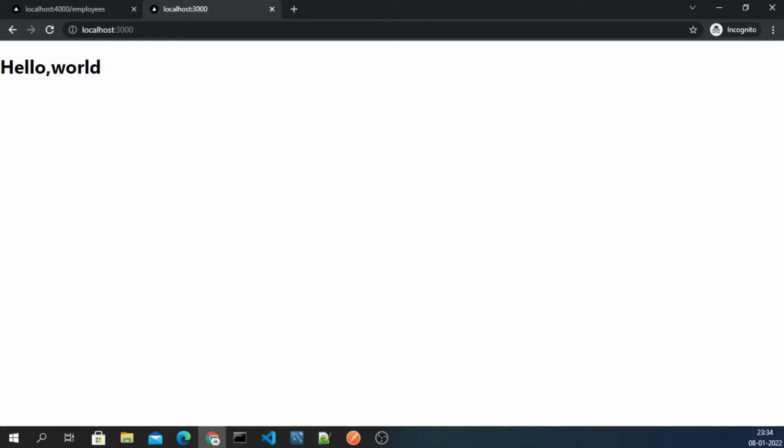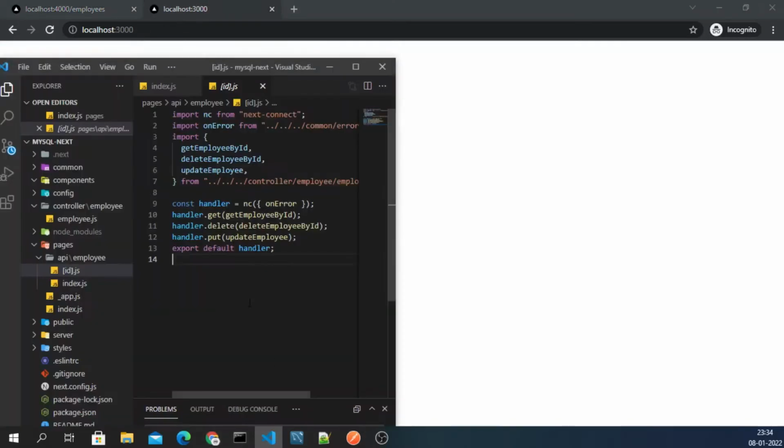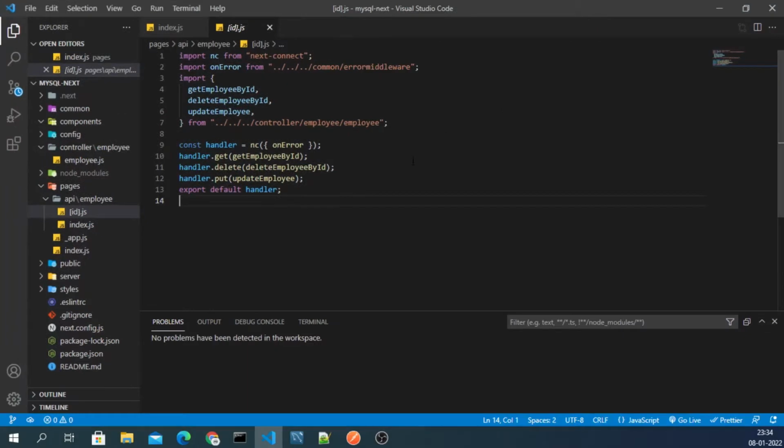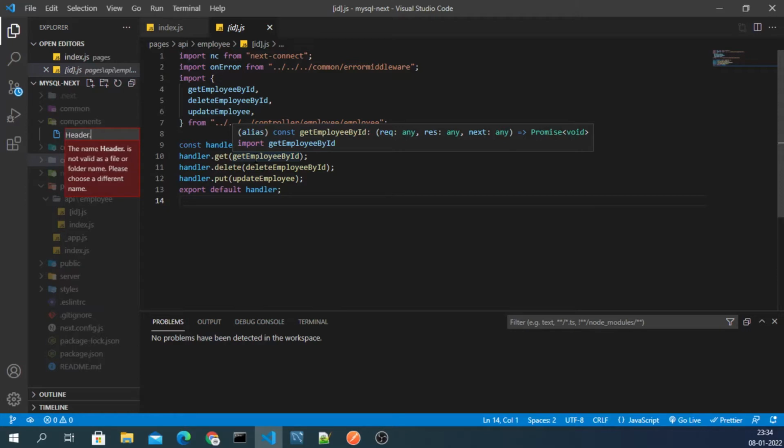Now firstly, I'll make this header, or you can say navbar. For that I'll need a component. So I will go inside my code here and create a component, and that will be my header. You can name it navbar, it's no issue.